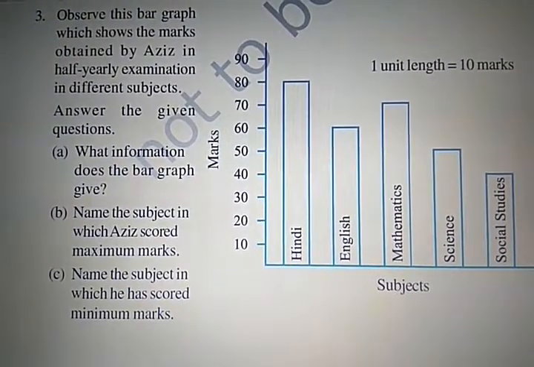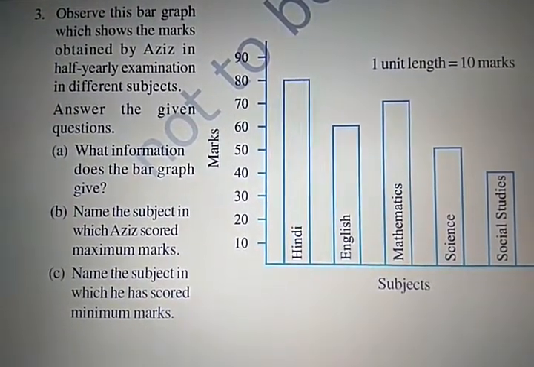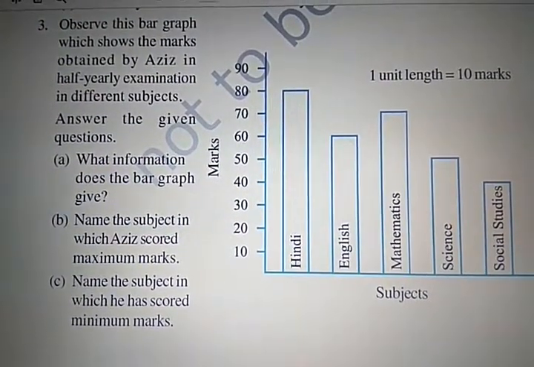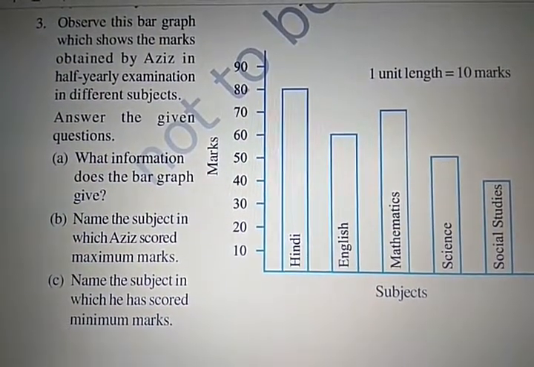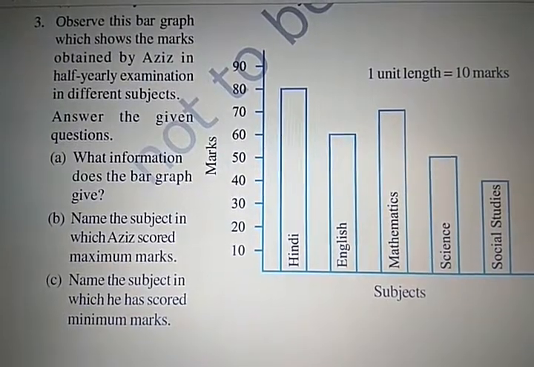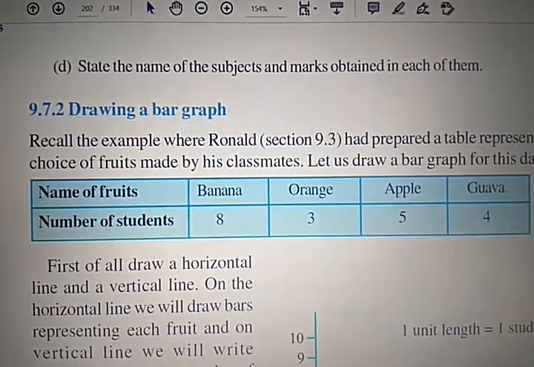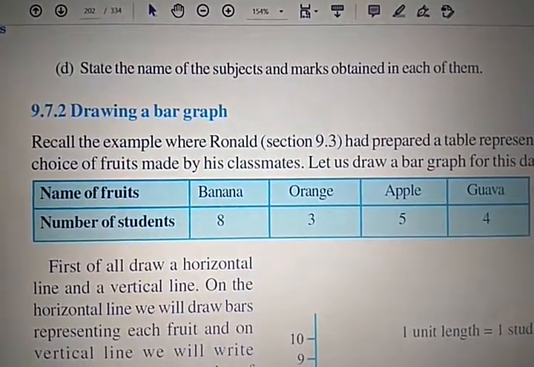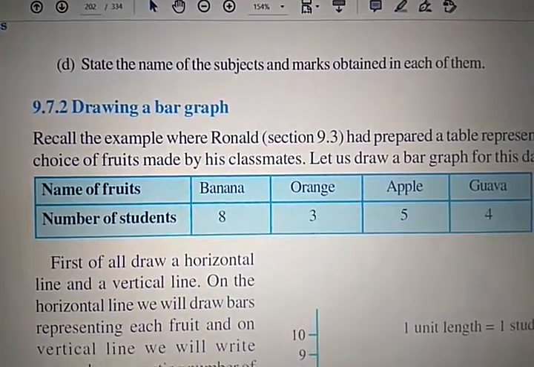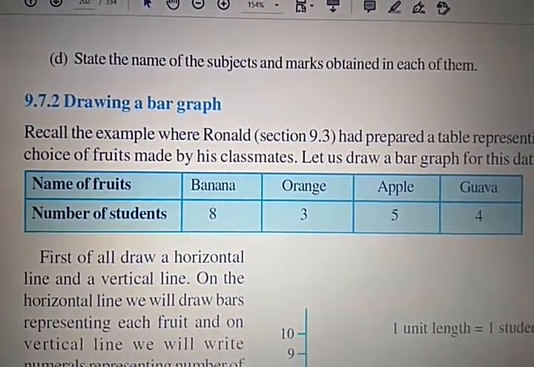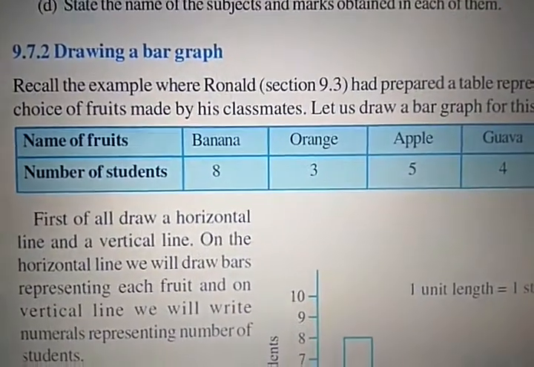C. Name the subjects in which Aziz has scored minimum marks. So Aziz got minimum marks in social study, that is how many? 40. D. State the name of the subjects and marks obtained in each of them. So this you do by yourself. Our next point,